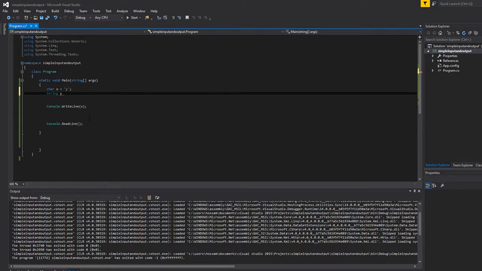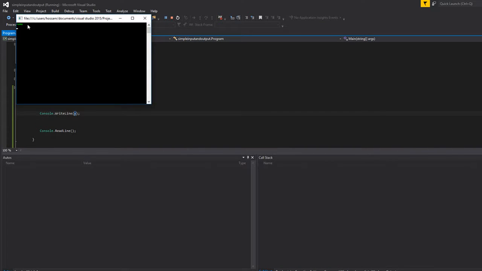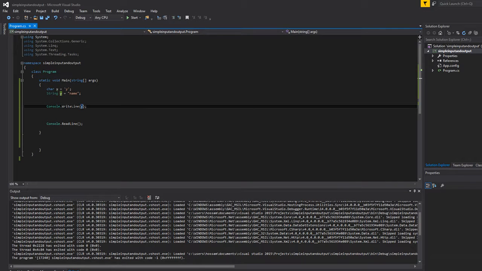And we're gonna make a variable called y, and we're gonna call it string. And let's say we're gonna store the sentence name. And so if we write y in here, and we're gonna display, as you may expect, it's gonna just write the sentence name, or the word, you know, name. Now the reason why we write double quotation marks as opposed to single quotation marks, is that